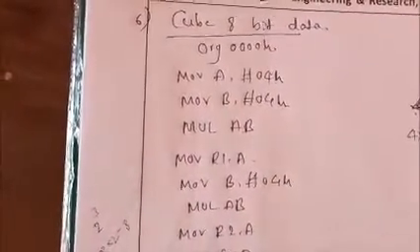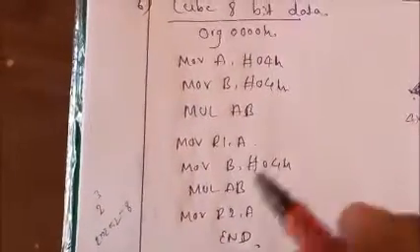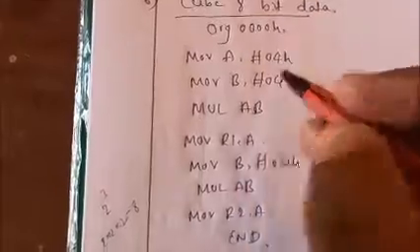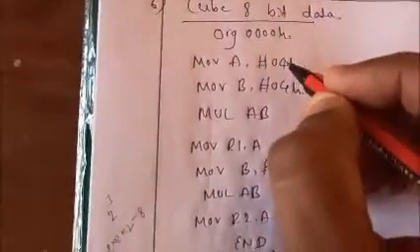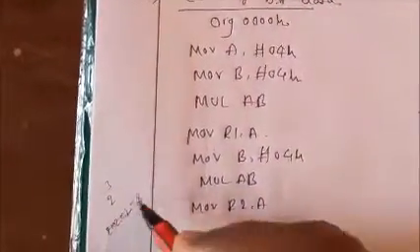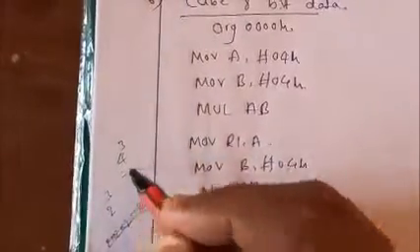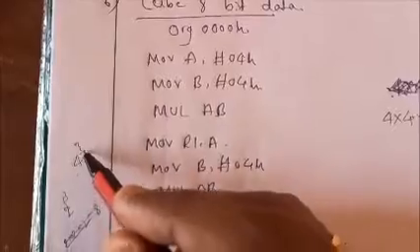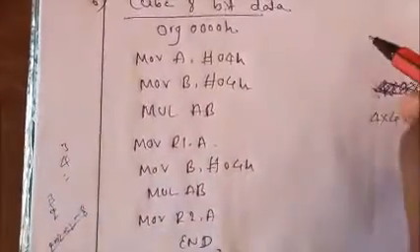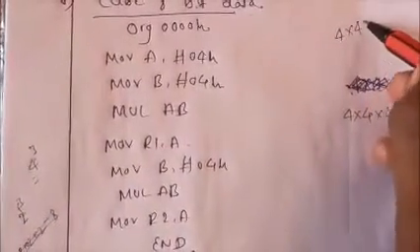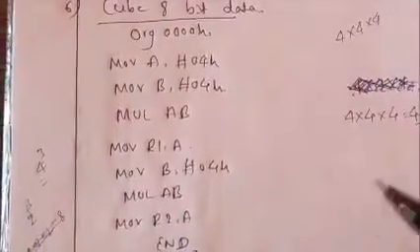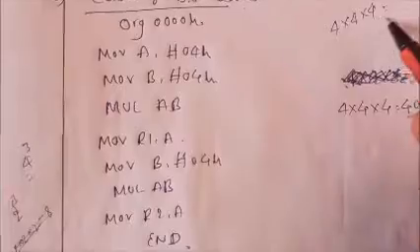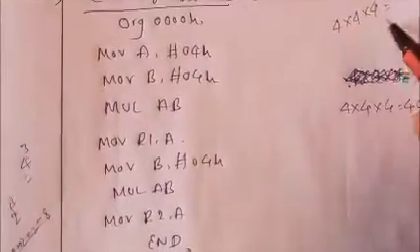So how to write the program? I will take one small example. Here you can consider 2 itself, or you can take one more example. Here you can take 4 cube also, no problem. I have written the program for 4 cube here. 4 cube is nothing but 4 into 4 into 4. Is it clear? I am entering values at the hexadecimal level. Don't get confused, this is not the decimal level.